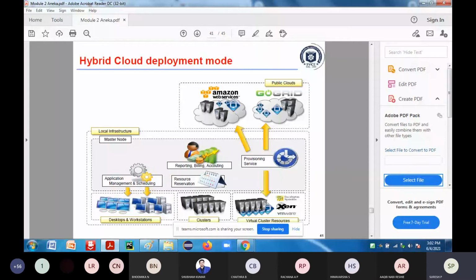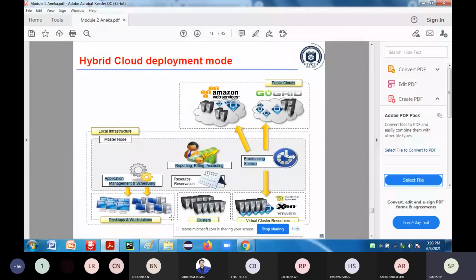It can be used to address the computing needs of the application, because how many systems you require to run a particular application depends upon the type of application execution. I have to provide that infrastructure. The infrastructure you have here is the static deployment of Aneka, that is, within the organization. It is not dynamic, it is static. It is a static deployment that can be elastically scaled on demand. That means depending upon the requirement of the application execution, I am going to increase or decrease my infrastructure.